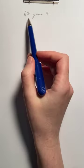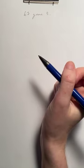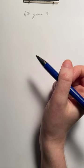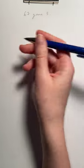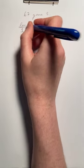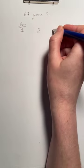So in this video, I'm going to go over game 3 from Prep Test 67. A toy retailer is opening a small satellite store with exactly 3 aisles, numbered 1 lowest to 3 highest. Okay, so I am actually going to keep that in